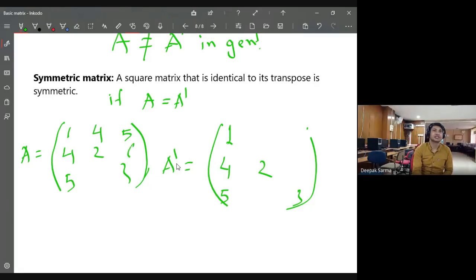Suppose I have 6 here, again this 6 will move to the opposite position, so I must have 6 there. So what do you see? Symmetric means, if you know the literal meaning, the diagonal looks like a mirror. You can consider the diagonal as a mirror, so the upper part and lower part are the same. Here I have 4, 5, 6 and 4, 5, 6, which looks like a mirror. If we have one part, the other part is the same.